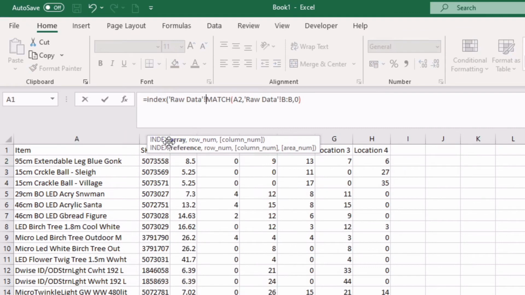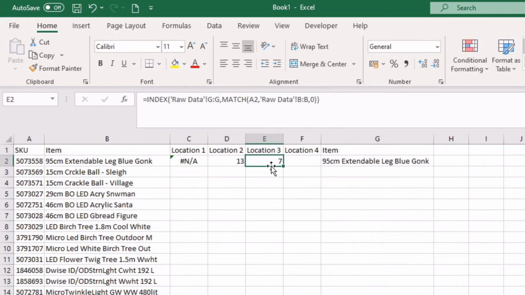So in this case, I'm in location 3 here, just put a comma on that and then just close off the parentheses at the end there, and then you end up with this. Now that's quite a long-winded way to get to the same result as what an XLOOKUP is doing. Okay, so if you're just going to do something basic like that, an XLOOKUP is much more efficient than a